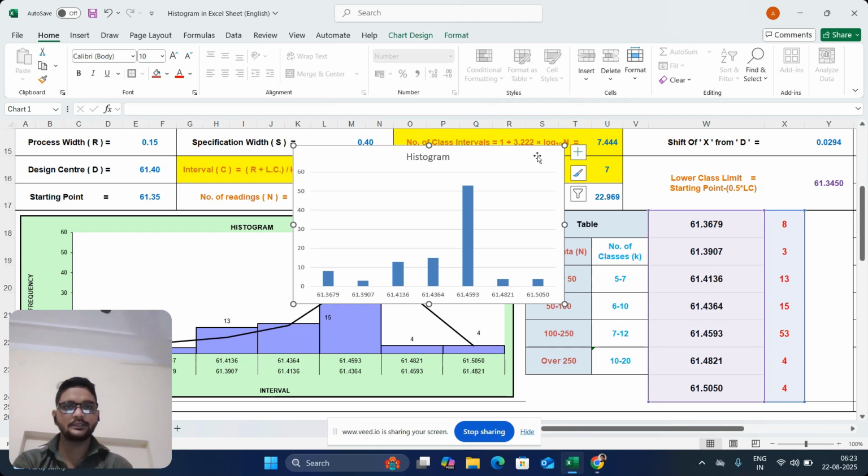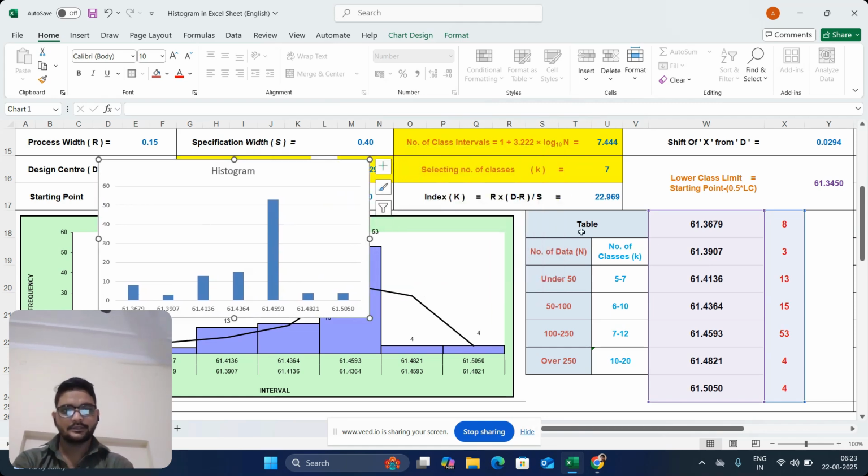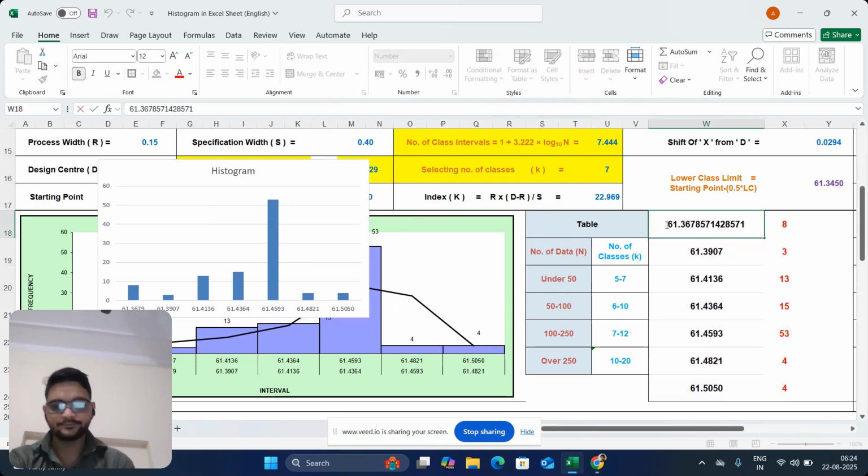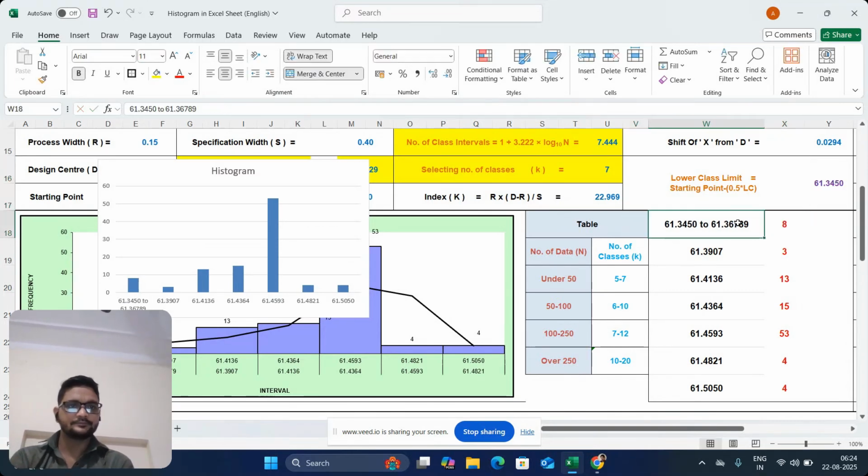Now we can write the intervals by editing them. The starting point is 61.3450 to 61.3689, like that. Now the next value will be